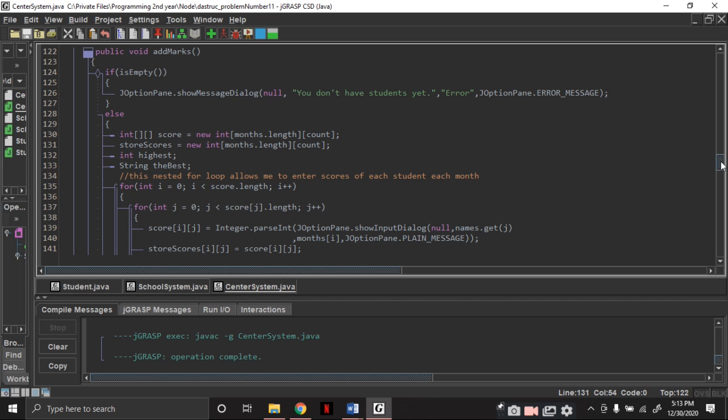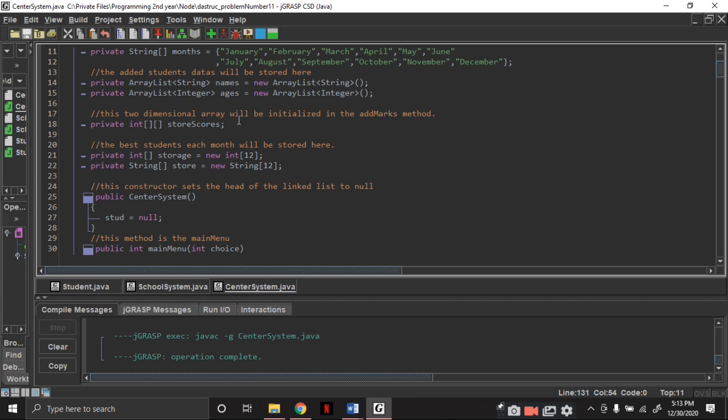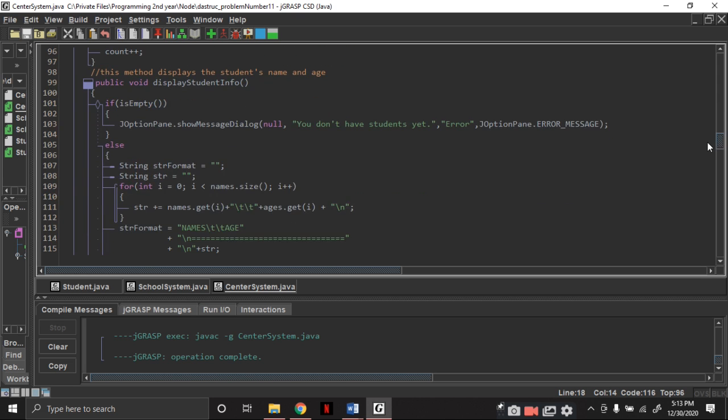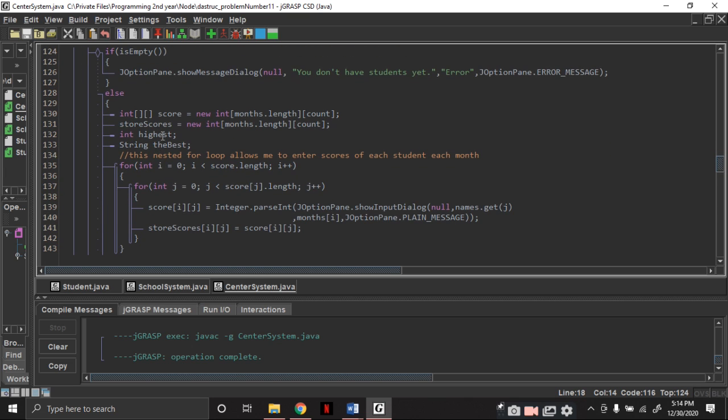And then, if you're wondering why I declared this int two-dimensional array of store scores and it doesn't have any value, I initialized it here.